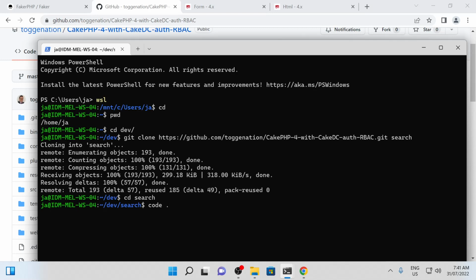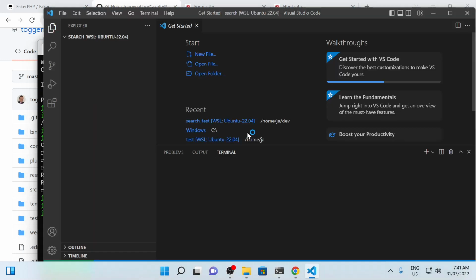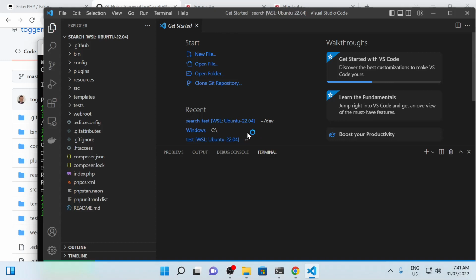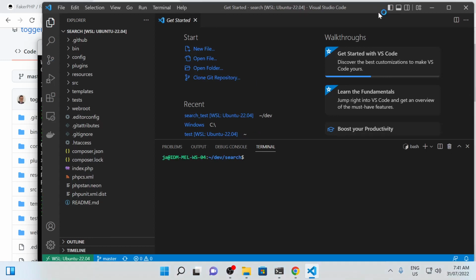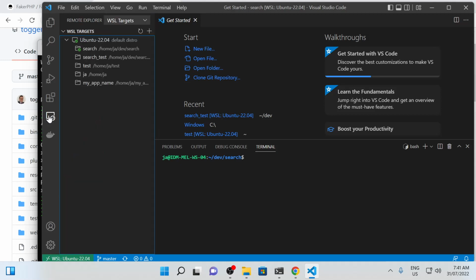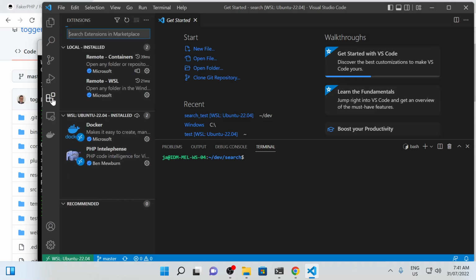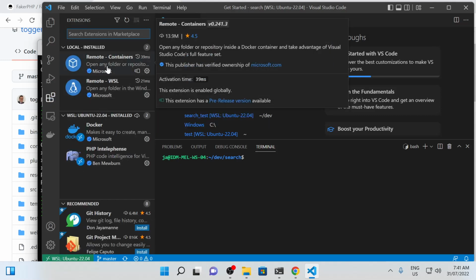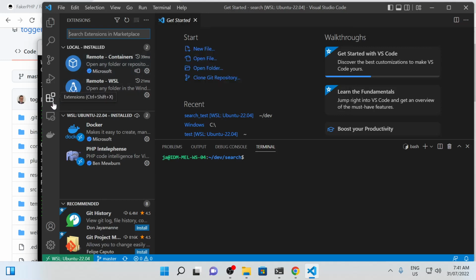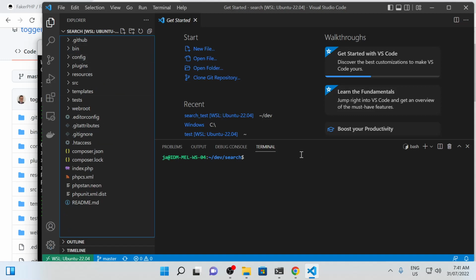Now when you open it within a Windows Subsystem for Linux prompt, it connects you into your Windows Subsystem for Linux. You might need to install some extensions and those sorts of things in VSCode to be able to do this, but it's not really the subject of this video. So we've got our